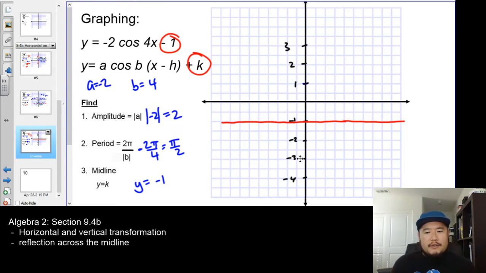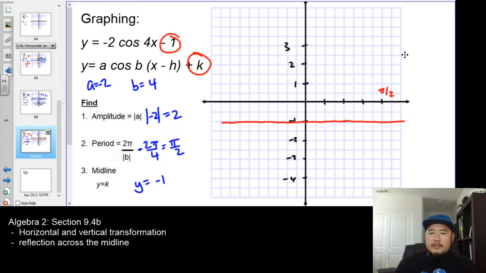We have our shift. Let's go ahead and label our x-axis right here. So we are splitting it up into quarters, and the fourth one right here happens to be pi over 2. So things are a lot smaller. Everything's actually being squished if you were to put it into Desmos and compare it to our normal period